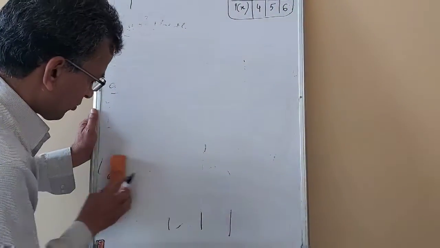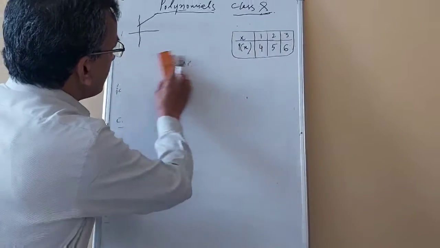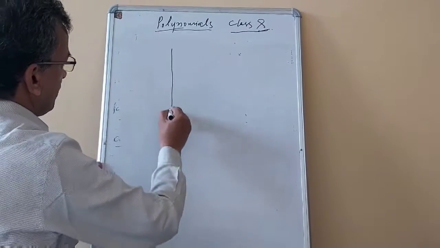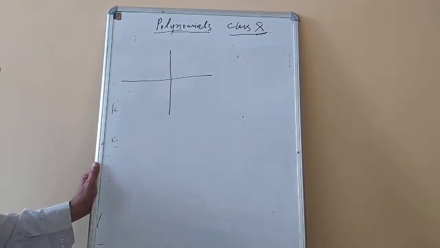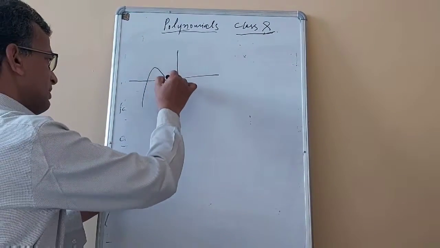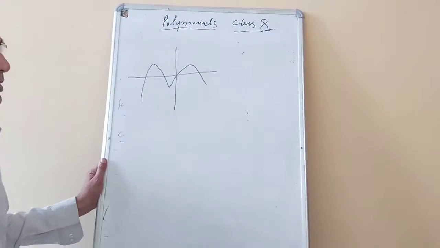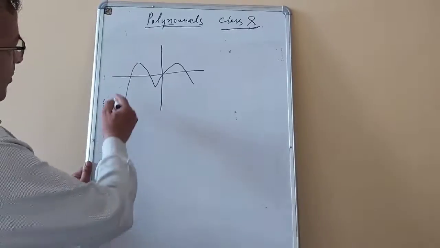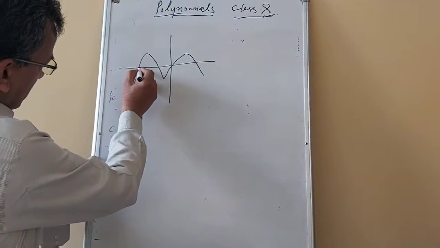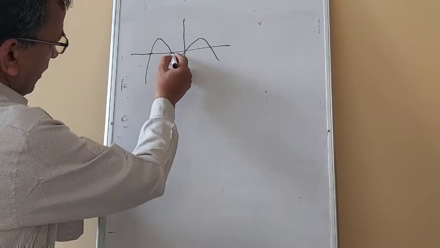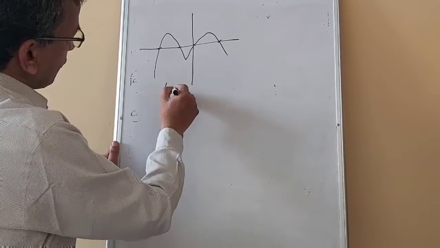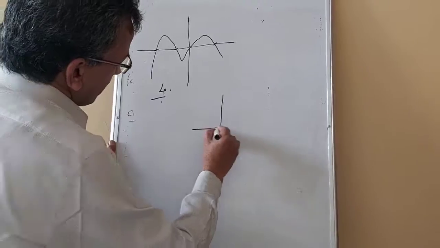So these are the main things. One example is given in your book. You can solve that. Now there is a question like this. How many zeros of the polynomial by looking at the figure? Say where it cuts. Say it is here 1, 2, 3, 4. How many zeros? 4.